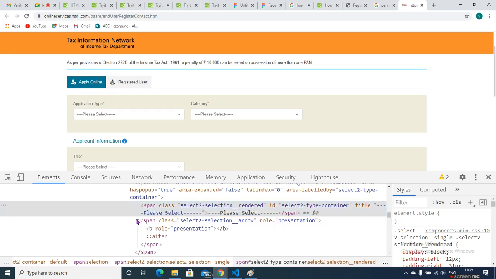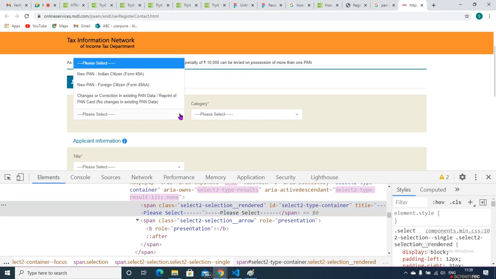Now I'll expand it. Here, what are the different options?